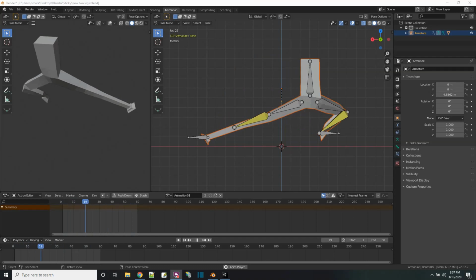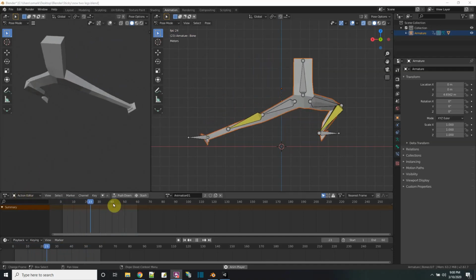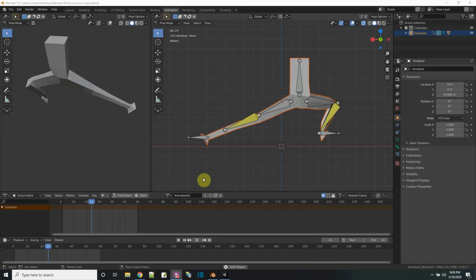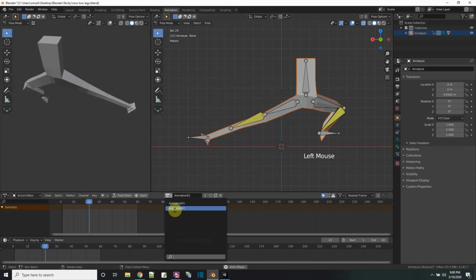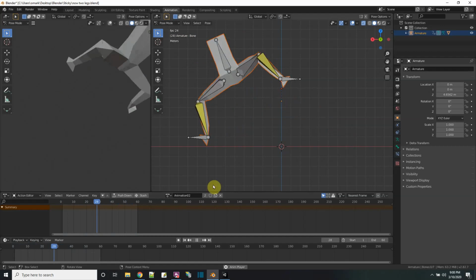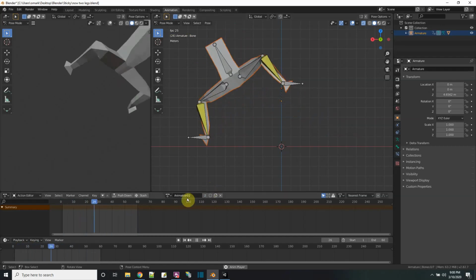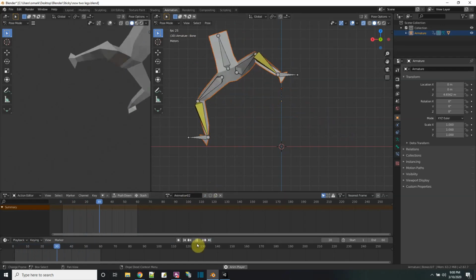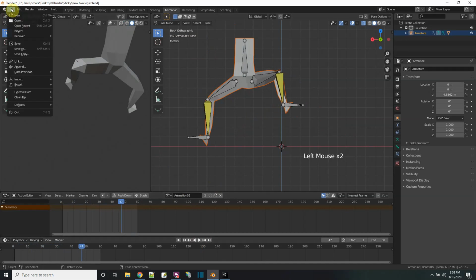All right, so here in Blender, I have a mesh and it has bones in it, and I made two animations for it. In the action editor, animation 1 is playing right now, and then animation 2, I just changed a little bit to be this instead. So there's two animations on this file. I'm going to save it, and then when I go to Unity, I'm going to import it, and I'll have two animations. So let me just stop the playback, and save my Blender file first, and